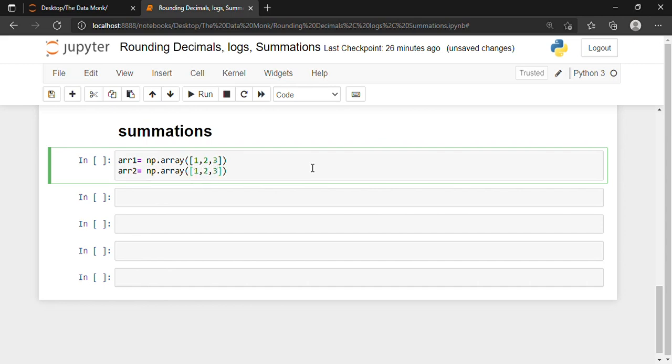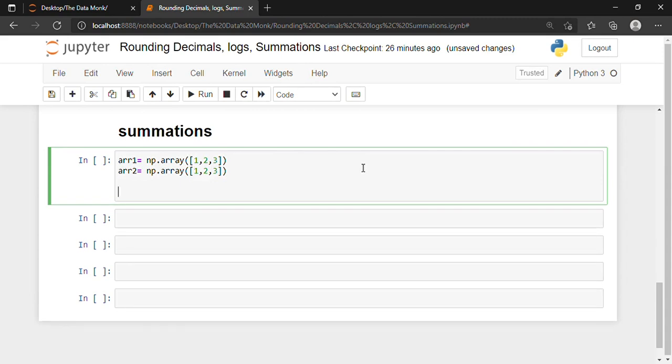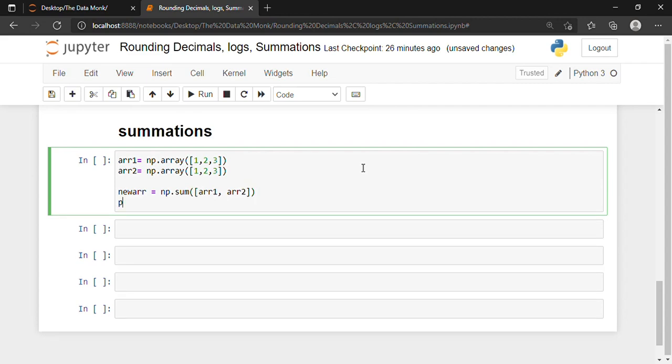I can take any number, but I'm just taking 1, 2, 3 for convenience. So if I want to use the sum function, I will write new array, which is just a name I'm giving, is equal to np.sum, and inside I'll write array 1 comma array 2, and print new array.